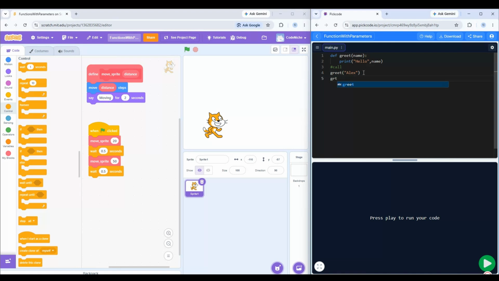Emma and greet Alex, Emma and Liam. So let's hit run and see the difference. So yeah, it works perfectly fine over here. We didn't create 3 different functions again. We created only one function over here, and we simply passed 3 different values to the same function, and then